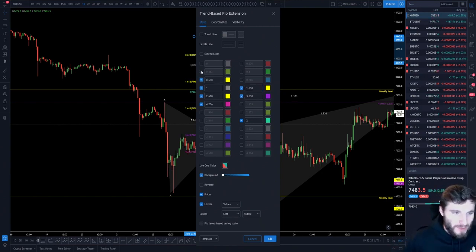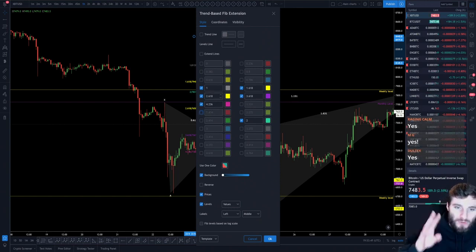So the 0.618 and the 0.236, the 0.382, sorry, these two are really only Elliott wave theory, so I'm not going to be covering them tonight. The 1.133 and the 1.414 are only used for one harmonic pattern, so they're very, very rarely used, and I'm not covering harmonics tonight either, so they're not really generally used.